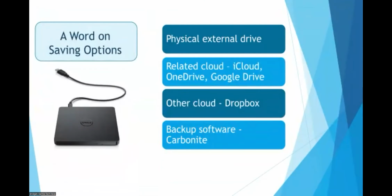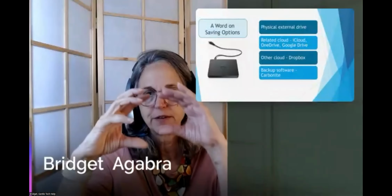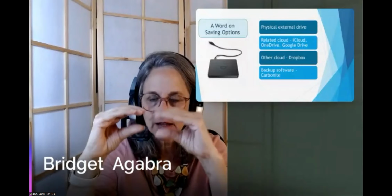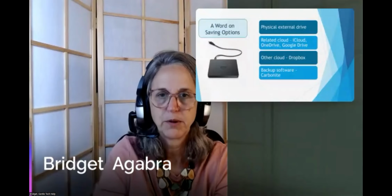So when we talk about those saving options, one of them is a physical external drive. I don't have mine handy, but they just look like a little computery sort of box, like that, right? That could be an external hard drive. It's a physical box and it's got a copy of what's on your computer. You could choose to do